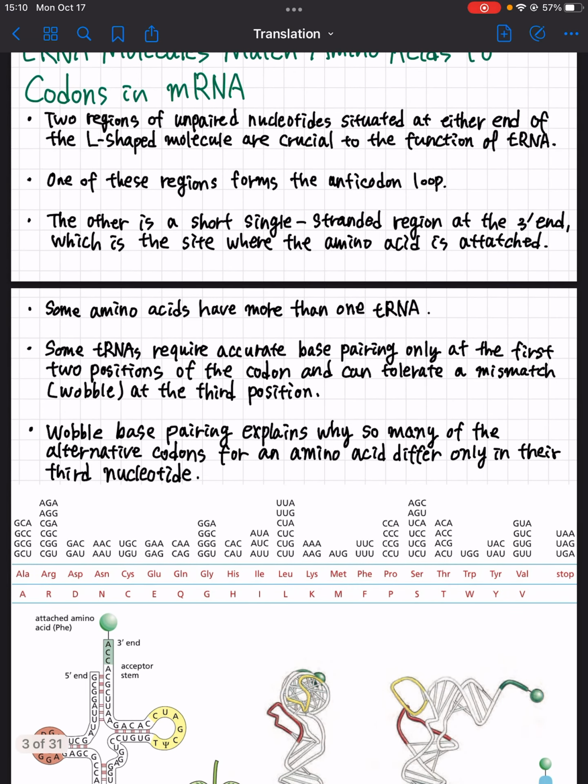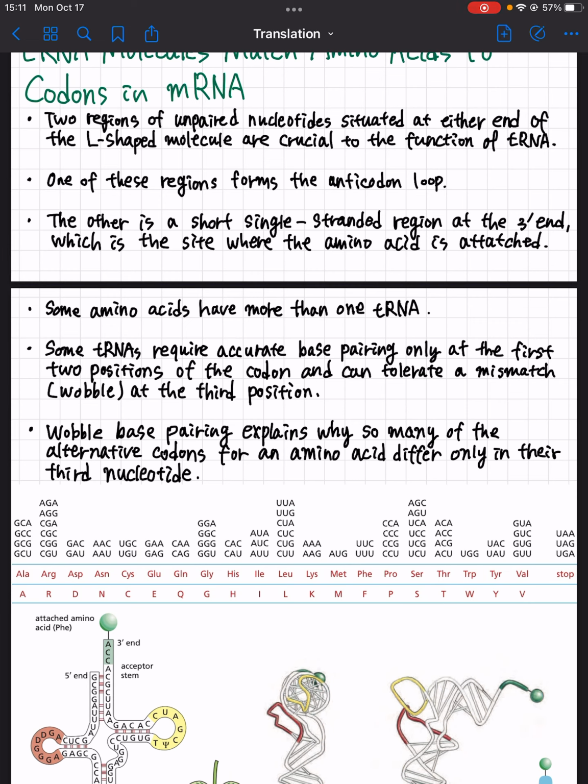Some amino acids have more than one tRNA, and some tRNAs are constructed so that they require accurate base pairing only at the first 2 positions of the codon and can tolerate a mismatch or wobble at the 3rd position. This wobble base pairing explains why so many of the alternative codons for an amino acid differ only in their 3rd nucleotide. In bacteria, wobble base pairings